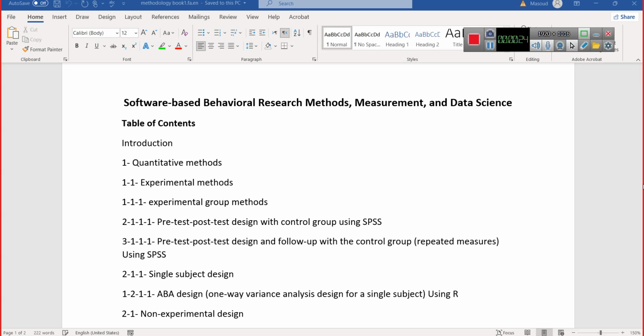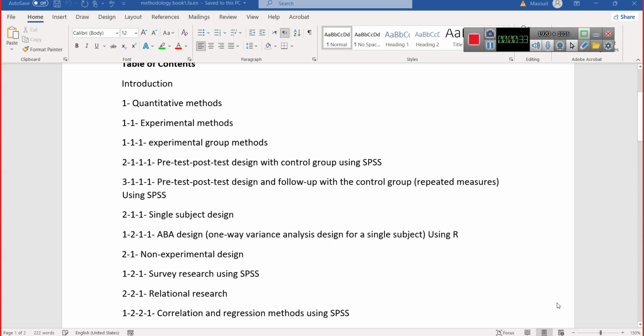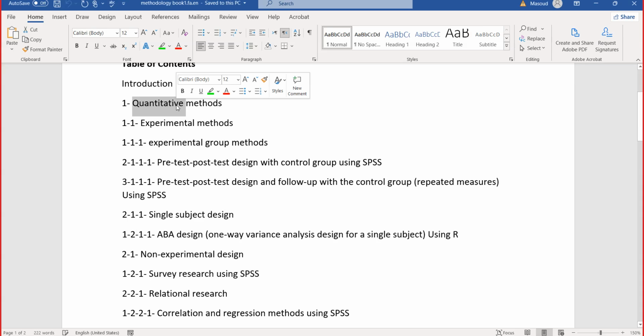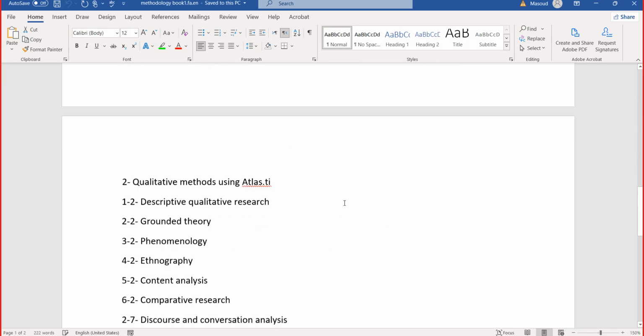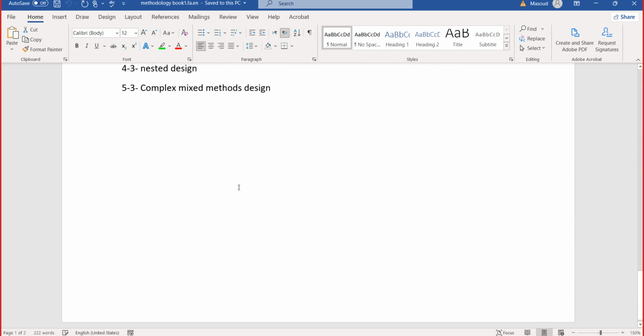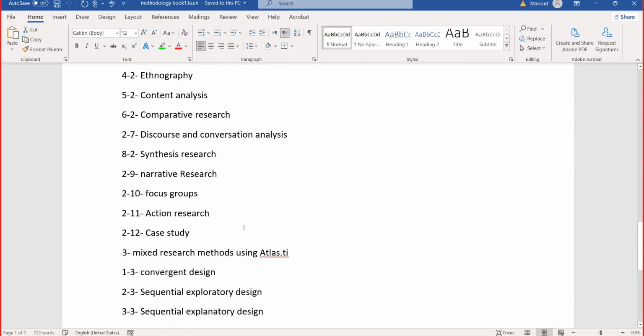As you can see in the table of contents that I provided here, I'm just splitting research methods into the three traditional ways of quantitative methods, the qualitative methods, and the mixed research methodology.